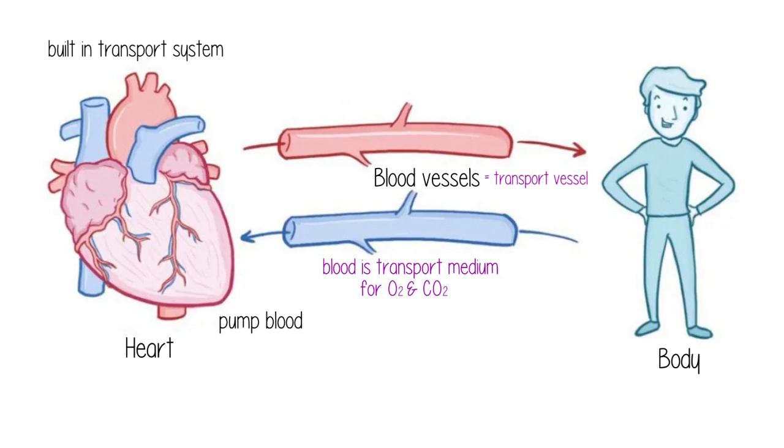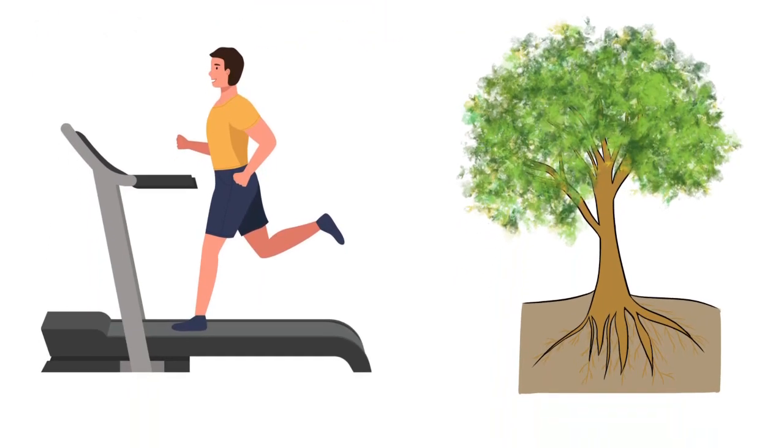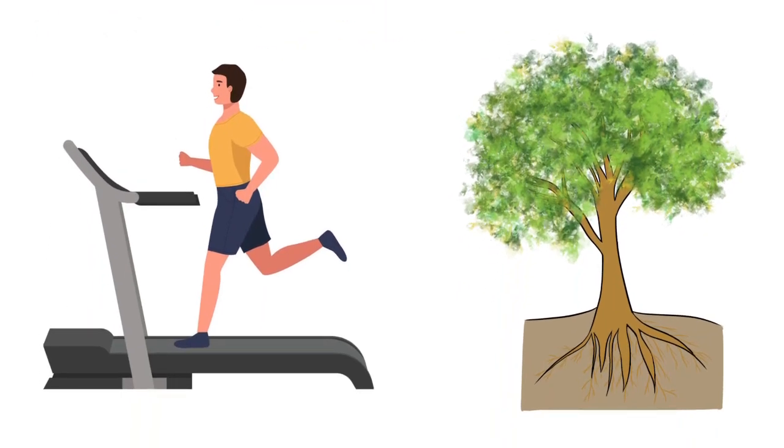Now, the question arises that what exactly determines the need for a transport system in an organism? Is the surface area to volume ratio enough as a factor? And how do we know, or how does nature figure out that this organism would require something such as a pump in the form of a heart, and this organism will not require one? Basically, a need for a transport system largely depends on a few factors.